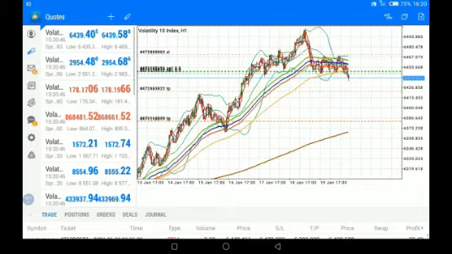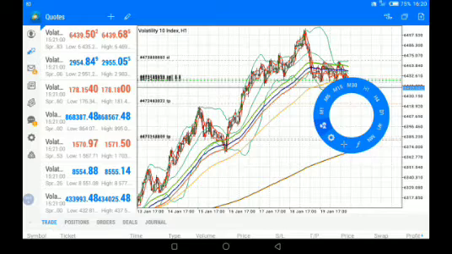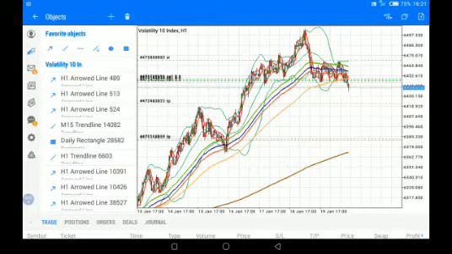Took an entry on volatility 10. I just want to share my psychological thought on why I took this entry. Right, so looking at the chart on the volatility 10 index, looking through, and I'm seeing